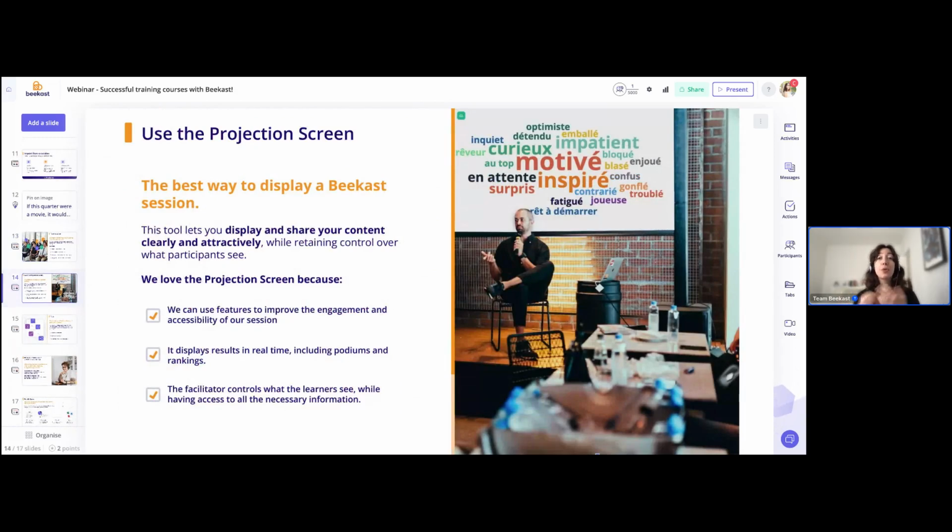In Beekast, the projection screen allows you to display and share your content more clearly and, I would say, attractively to your participants. So when you activate the projection screen in Beekast, it will automatically open a new tab. And this tab is the one that I've been showing you today in this webinar. So here, I have, for example, two screens in front of me. I have my computer screen, my laptop screen, and then I have another screen that I can kind of